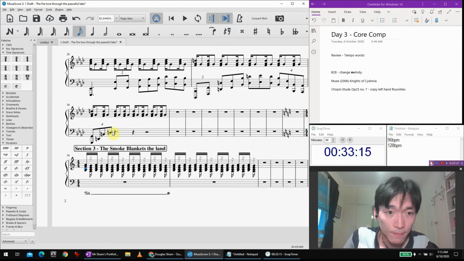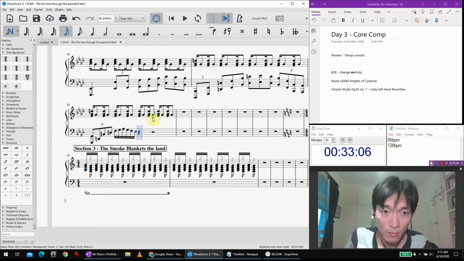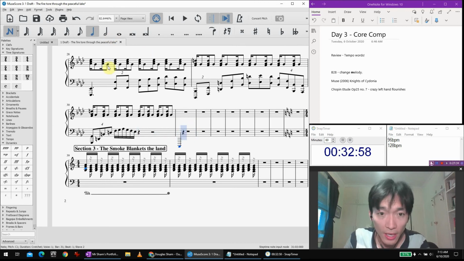Let's get rid of this. Let's do this in sixths, in semis. And we want a flourish to end on C. So our destination here, it doesn't really matter what the notes are, as long as it ends there.